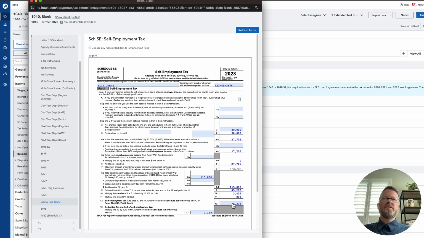So this is his half. This is the whole amount he pays for Social Security and Medicare taxes. He pays the whole thing. It was just self-employment income. So he didn't prepay it or anything. So he pays it all now. But